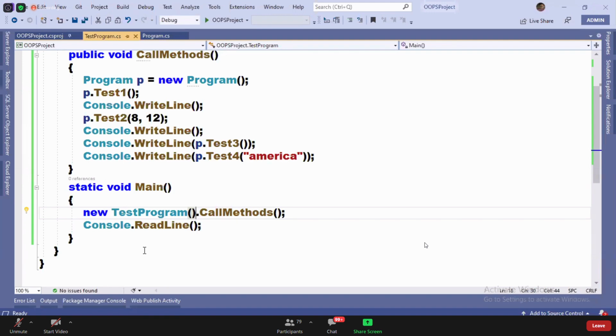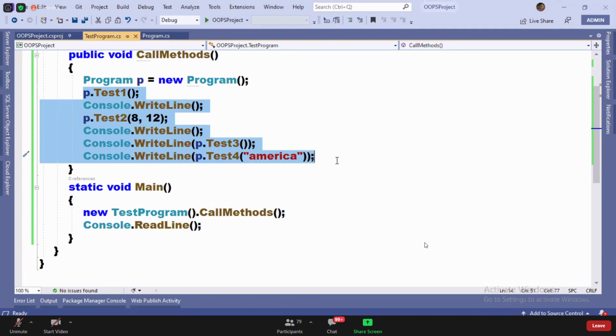So that's why I'm telling you, don't use this process when you want to call multiple methods. The instance won't be destroyed immediately. Look at that: if I follow that process here, for every method call, one instance will be created.